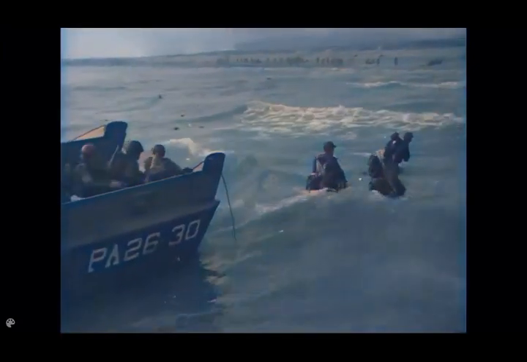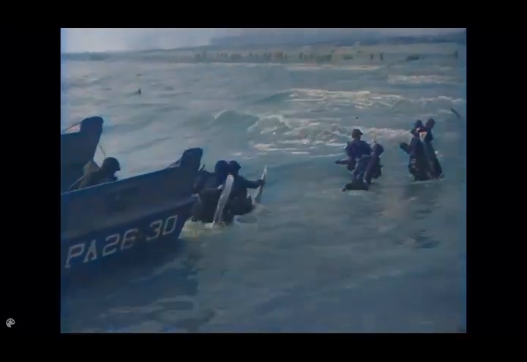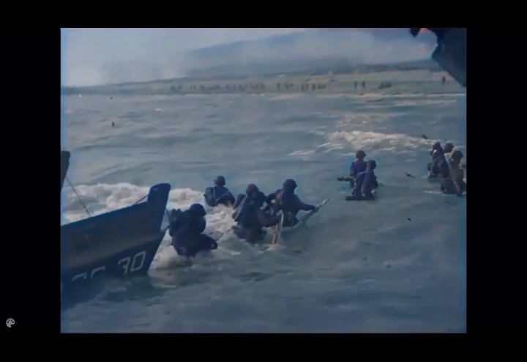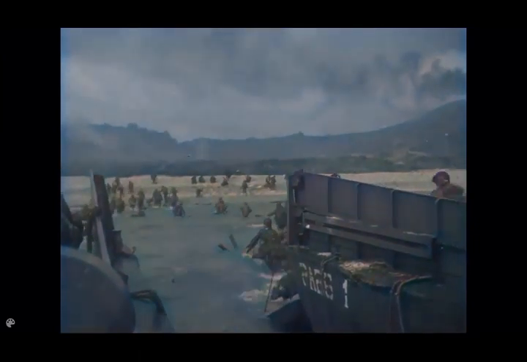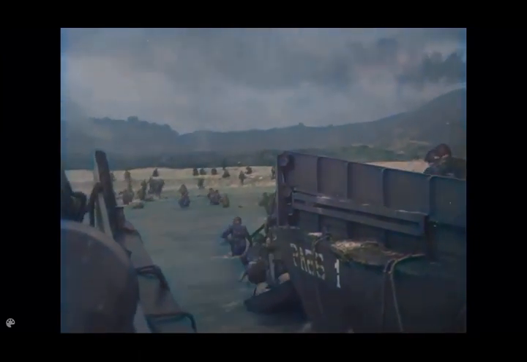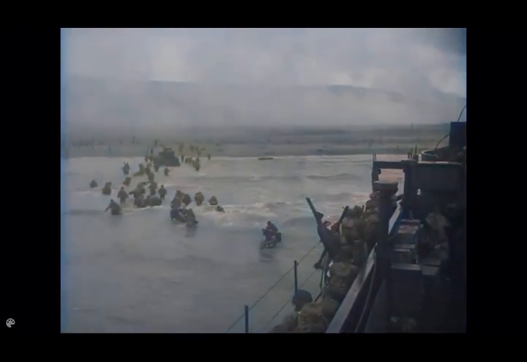The exact number of Allied troops who died on D-Day, June 6, 1944, is difficult to determine with absolute precision due to the chaos and confusion of the battle. However, it is estimated that between 4,000 and 4,400 Allied troops lost their lives on that day. These casualties were primarily suffered by the United States, Great Britain, and Canada, which formed the bulk of the invasion